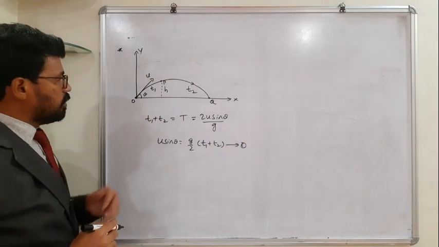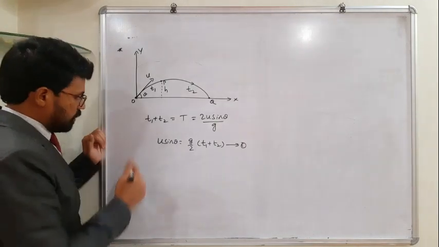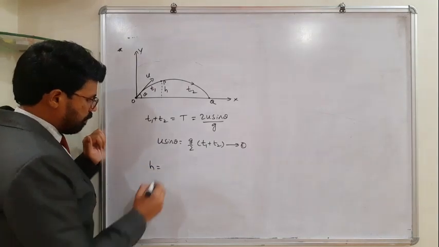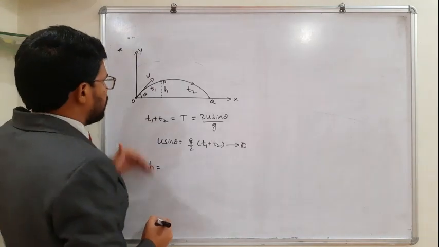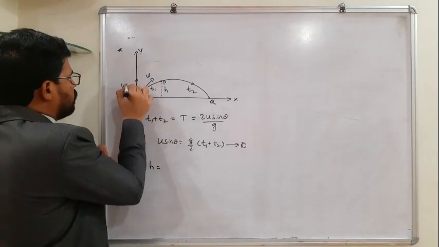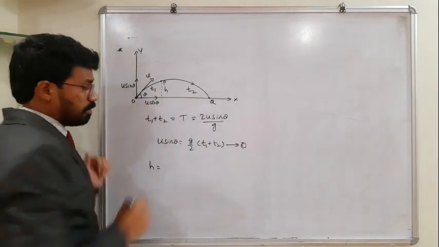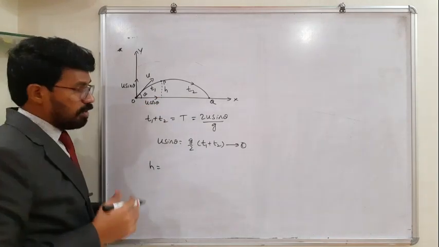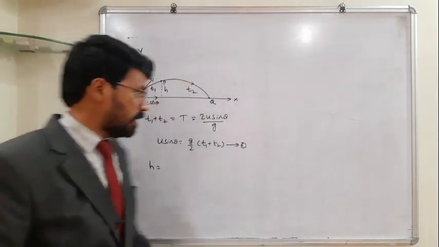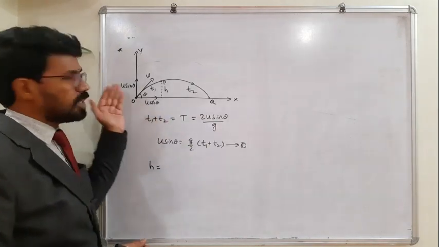Now what I'm going to do is find out the h value. Let us try to write an equation for h. How can this equation for h be written? This h is the vertical distance covered by the body. What is the initial velocity along the vertically upward direction? u sine theta. And along the horizontal direction, u cos theta. If the question is, in a time equal to 2 seconds, how much horizontal distance does the body cover for a given velocity and angle of projection? Simply u cos theta into time. In the vertical direction, u sine theta into time.